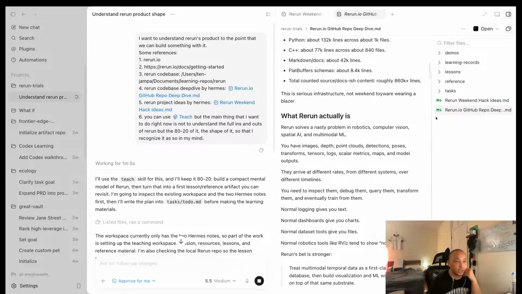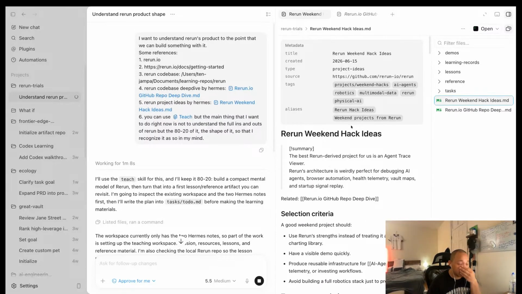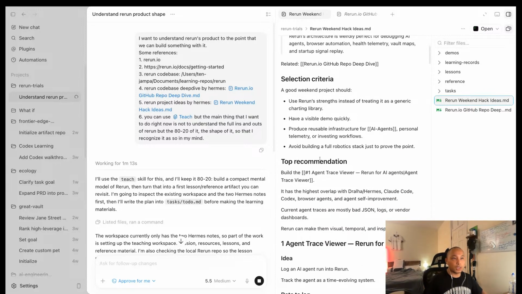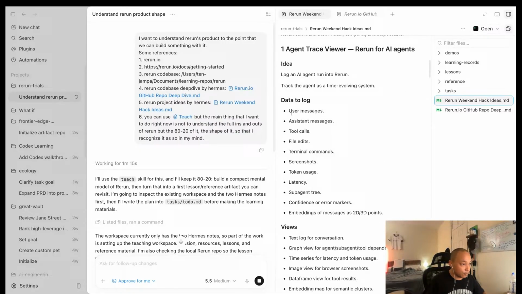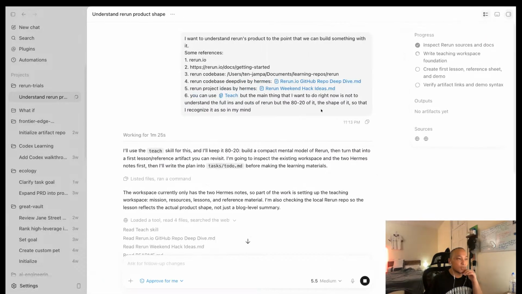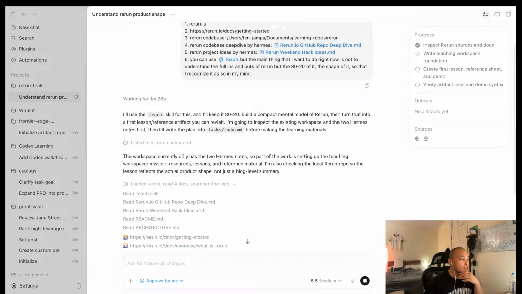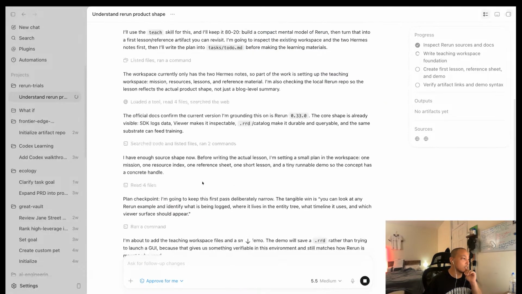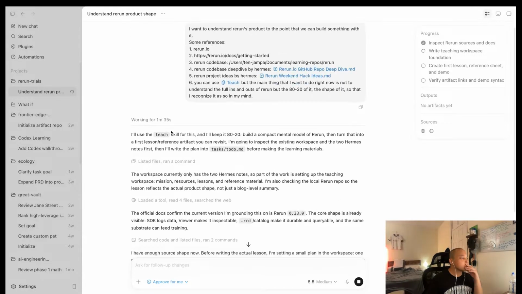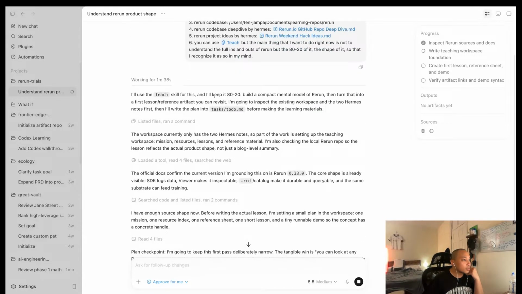So you can see it here, and I also asked it to draft up some weekend projects that you can hack from their code base. I haven't fully hacked it. Given that I personally haven't been through the code base, I don't know how much of this is relevant versus how much the agent is just being too eager to suggest things. But let's see what it is trying to do.